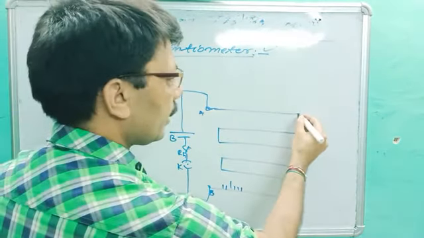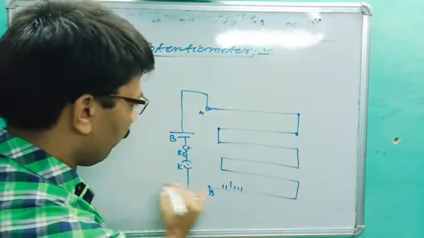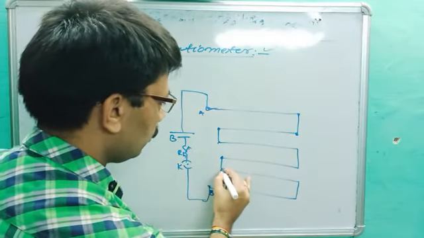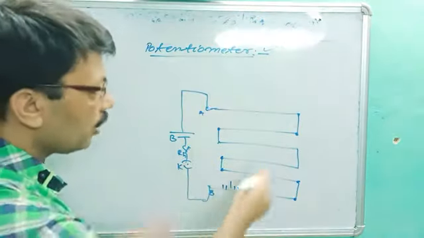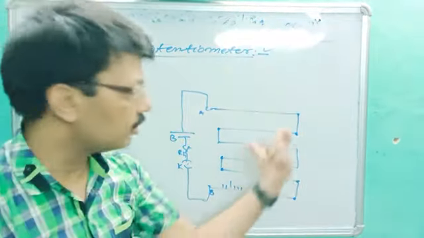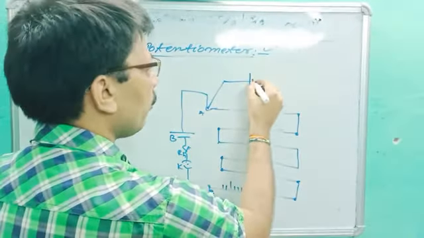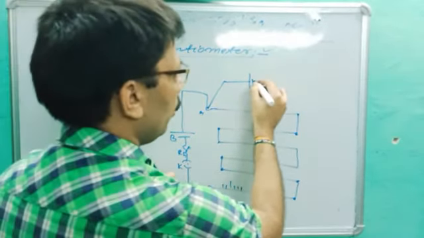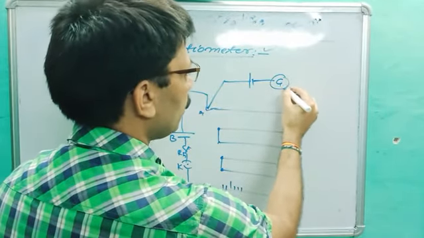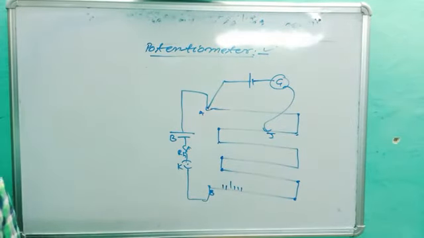These wires are interconnected to each other. On the same board, the wires are rounded up like this, because mostly we use a 10 meter wire. So between A and B, 1 meter, 10 wires are there. In this way there will be 10 meter wire, and we have to connect the cell or battery whose EMF is to be found out. This is the galvanometer and this is the jockey J. This is the structure of potentiometer.